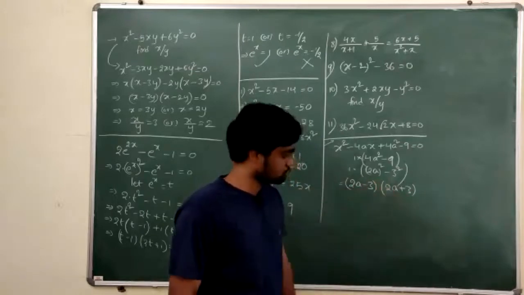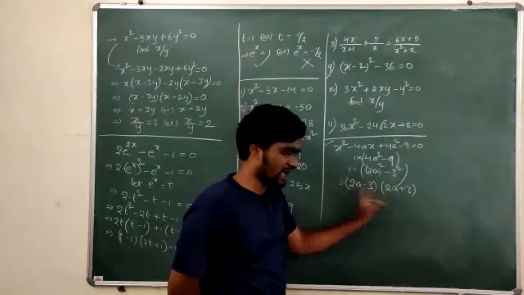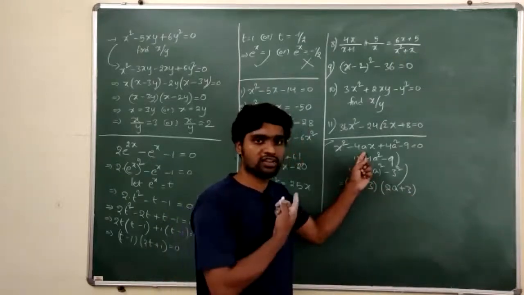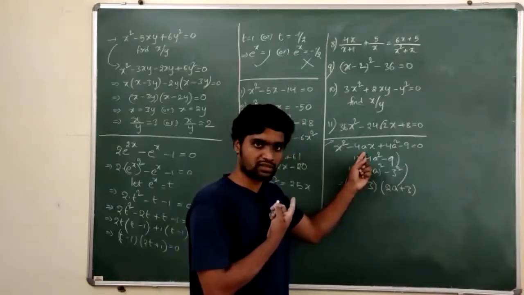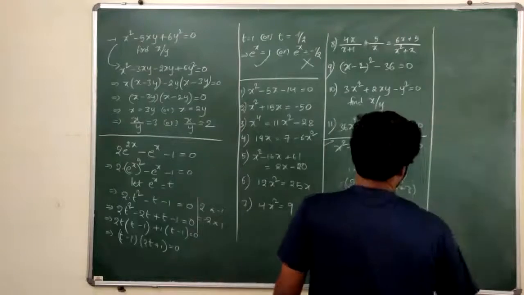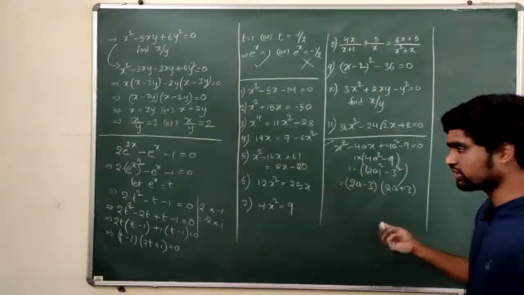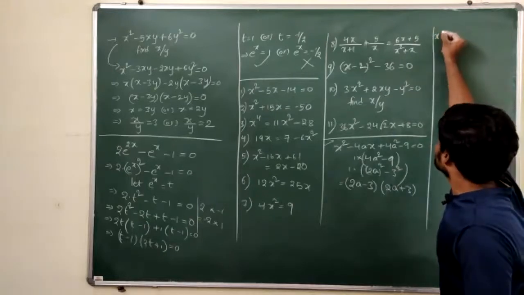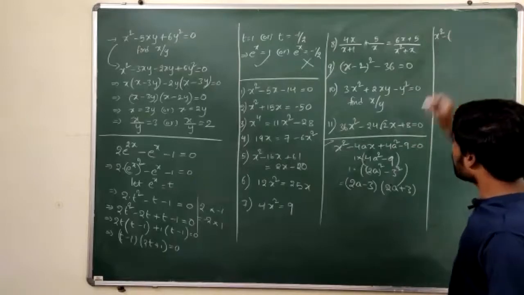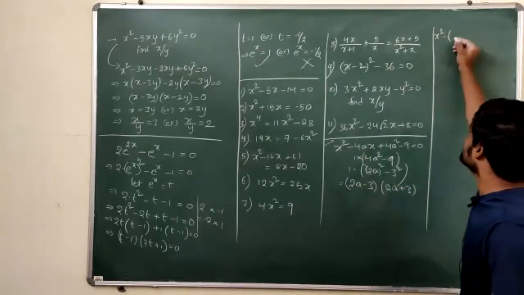Now add these two. Minus 3 plus 3 cancel. 2a plus 2a, 4a. See, did we get the middle term? Yes, we got the middle term, right? So now, how to express the middle term? Middle term will obviously be the sum of these two terms, right? There is no other possibility. So x square minus 4a, I can write as 2a minus 3 plus 2a plus 3.